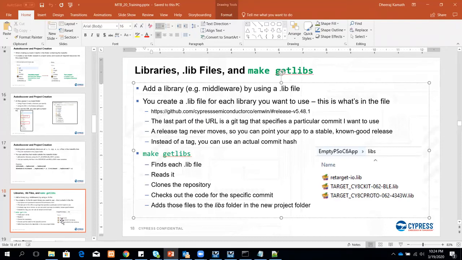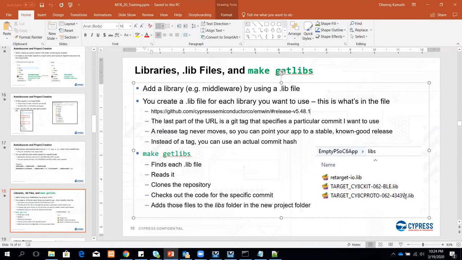Yeah, so the .lib will point to the latest version, but you can always modify it to point to a previous version, and then it will fetch that for you. Now the next question you'll ask me is, do I need to put the files here, or do I need to change anything?